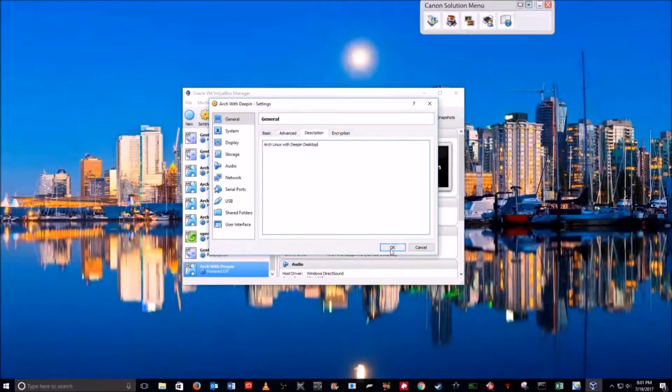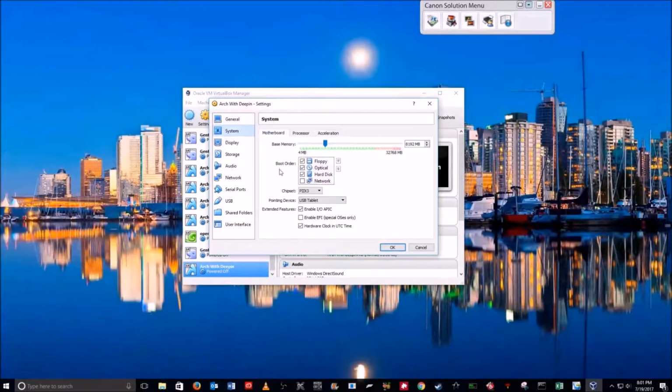All right. Under the system, we'll just take it slow and carefully, and we'll see if we can get it right the first time. All right. So we've already got it set up for 8 gigs of